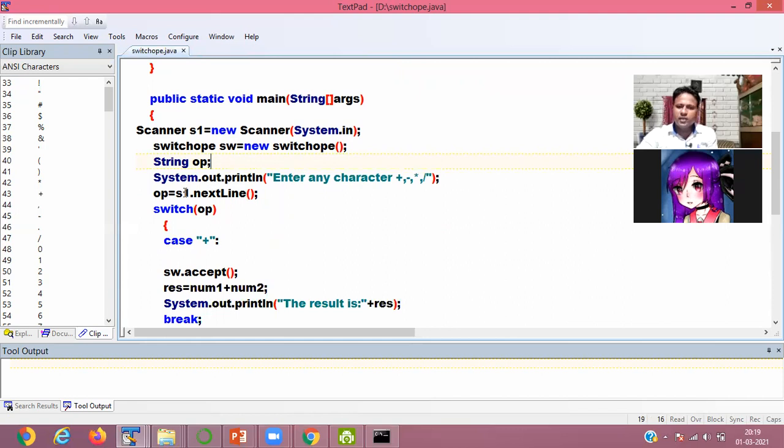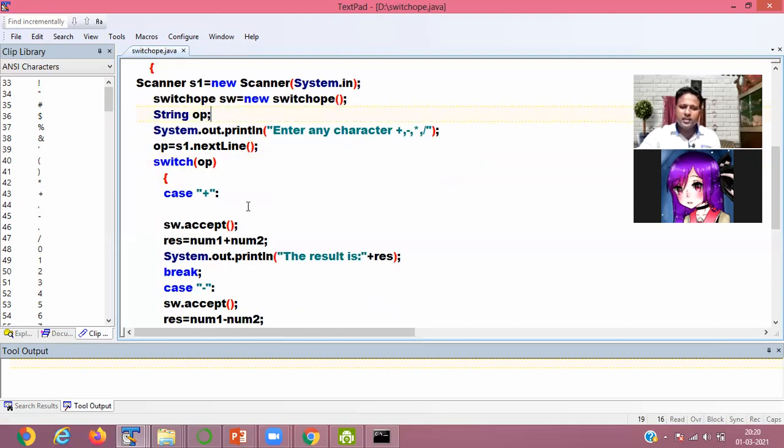Then it displays: enter any character, whether it is plus, minus, multiplication or division. op equals s1 dot nextLine is used for taking the word, the character that you have passed. It will take that value and store it in the op variable. nextInt is used for taking the integer value and storing it in a variable.